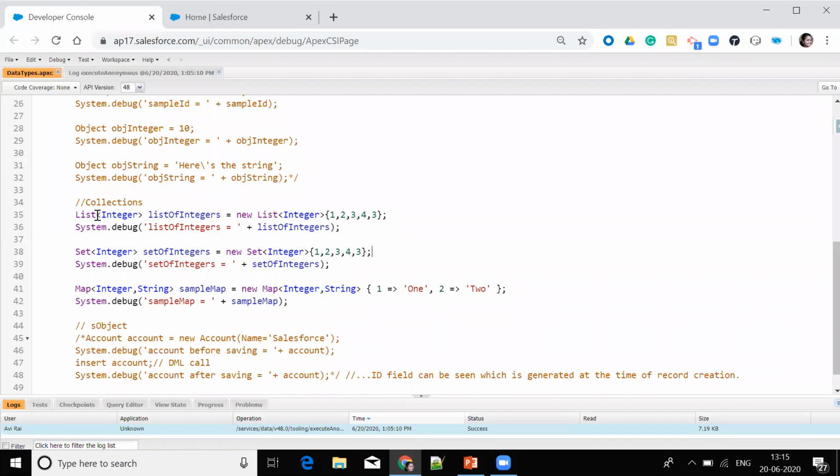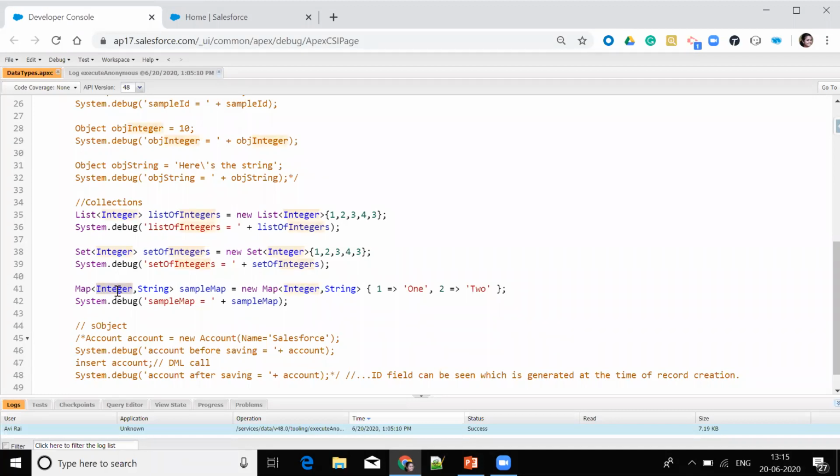So ordered here means that we can retrieve the elements using the index, but in set it is not like that. And also it does not have duplicates. Now coming to the map, map is a key value pair, and here key is always unique. So we can't have the same key twice or thrice or maybe more in a map. So it's a unique way. And this is the key value pair.